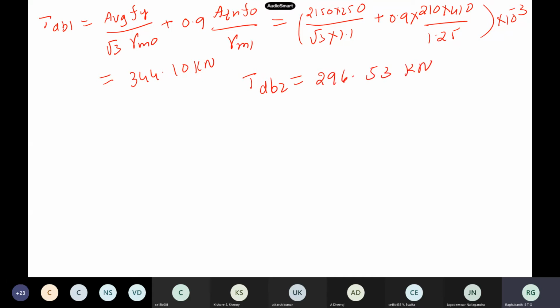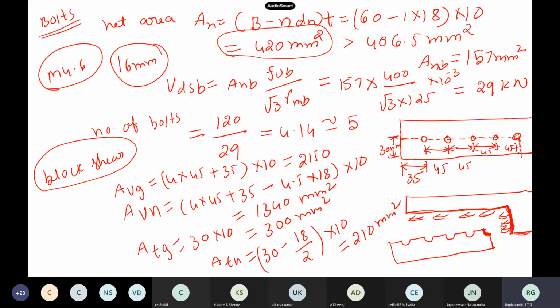So which value will you take? What is the block shear strength of the connection? Minimum. So minimum is the second formula. So second formula means what is the failure plane? Which is weaker, which is stronger? Shear is in rupture, tension is in yielding. So that is how you have to interpret. Now what is our load carrying capacity? How much load does this connection have to carry?